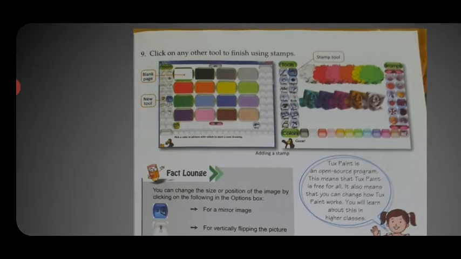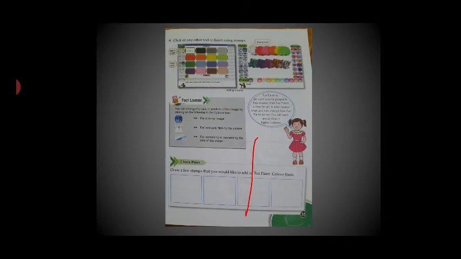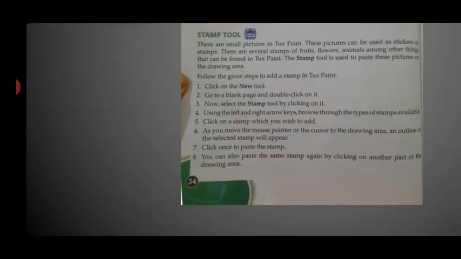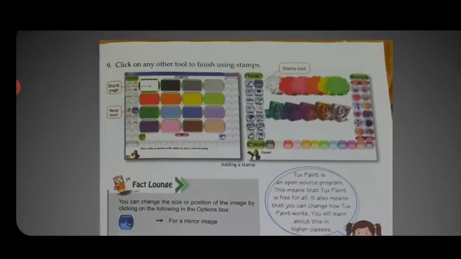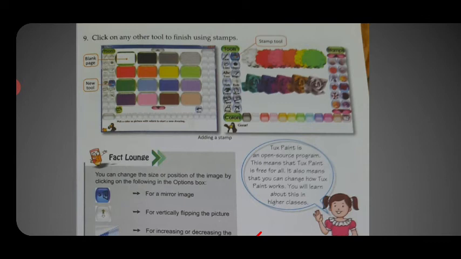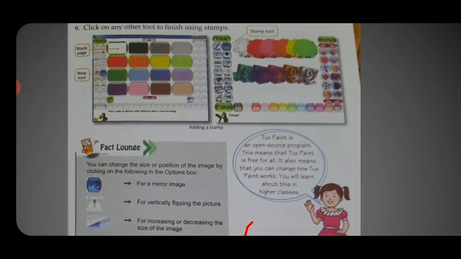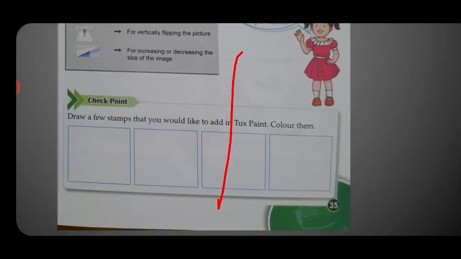See, this is the blank page, and this is the new tool option. The whole white area is the blank page. After that, we can use the new tool for finishing the stamp tool.